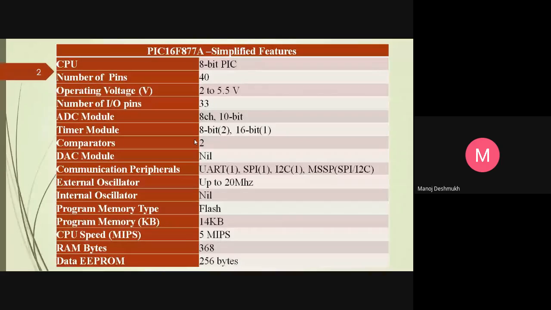As we have discussed the objectives, advantages, that is the importance of the PIC microcontroller over the 8051 microcontroller, as the ADC is there and some additional features like timers, brownout reset, watchdog timers. These are some additional features provided by the PIC microcontroller over the 8051. With regard to that, next we will discuss the specific applications of the